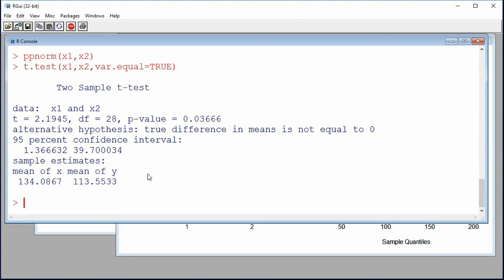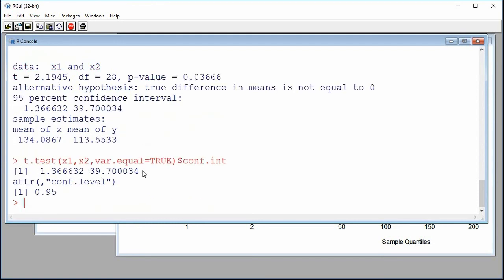And if I wanted to get a confidence interval, I just, again, like before, add $conf.int to my command, and I get the 95% confidence interval. All right. So this is how you use the t.test function in R for testing the equality of means from independent